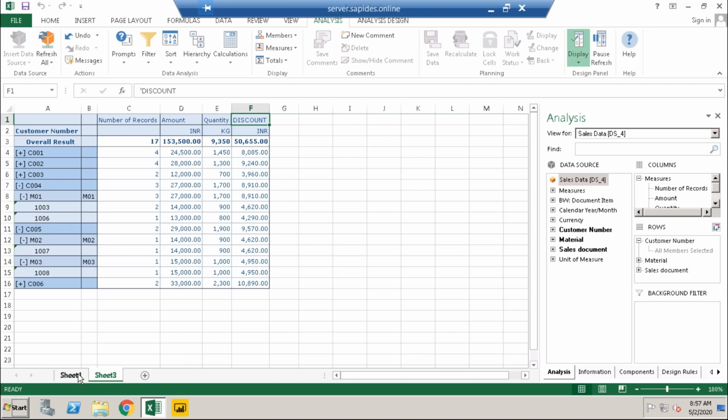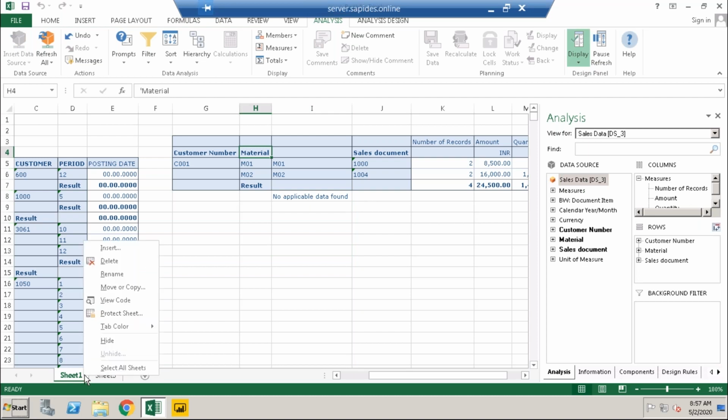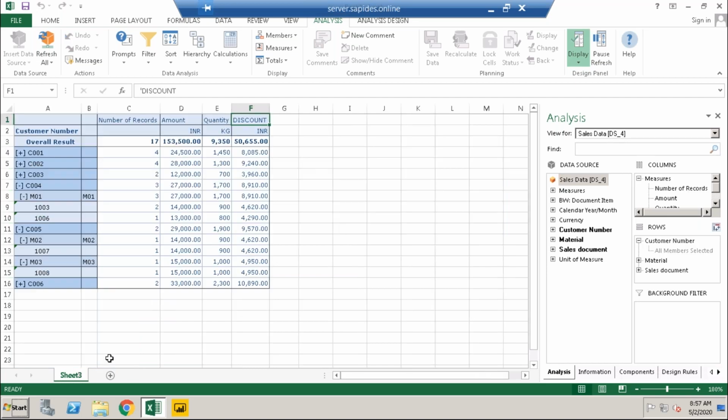As we are doing here, this is affecting the dataset itself, and it is overlapping the second data. So if multiple sheets are created and we change the data for one sheet, it will apply to all sheets.